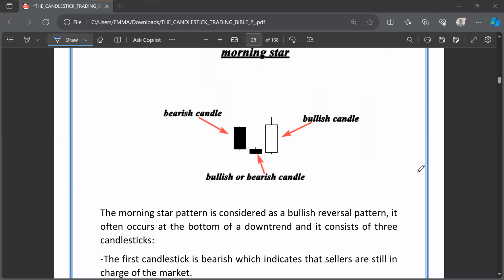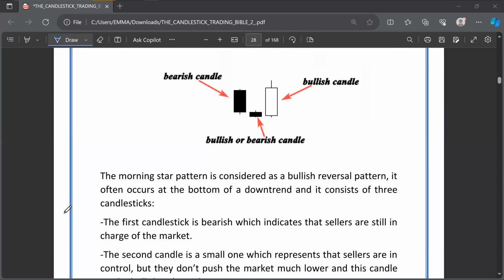Once again, the morning star is a bullish candlestick pattern. Meaning, when you see it at the right place, what is it going to do? Move upwards. That is what it is. Good. Now, we are saying that the first candlestick, meaning from the left, the first candlestick,